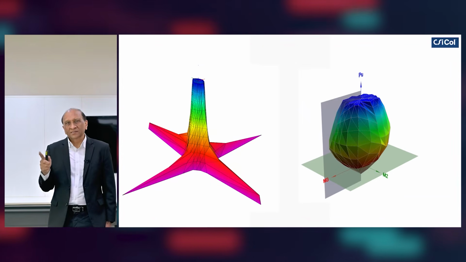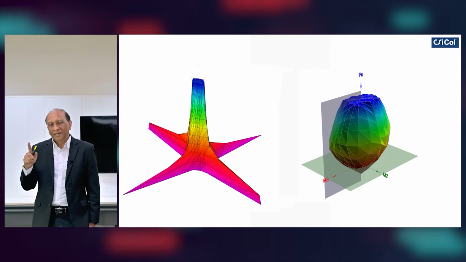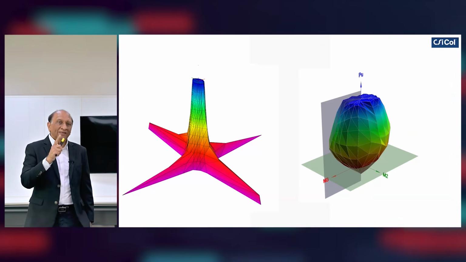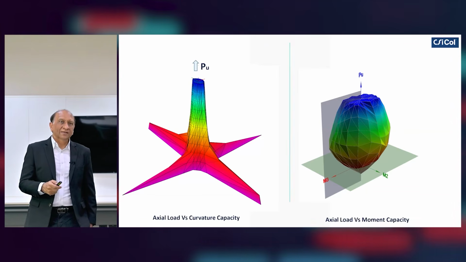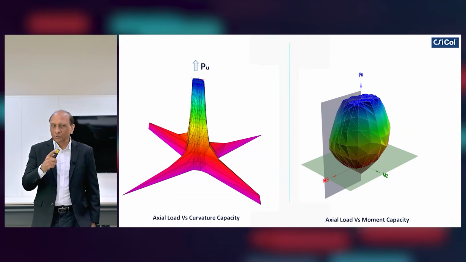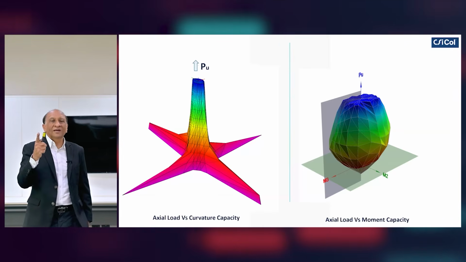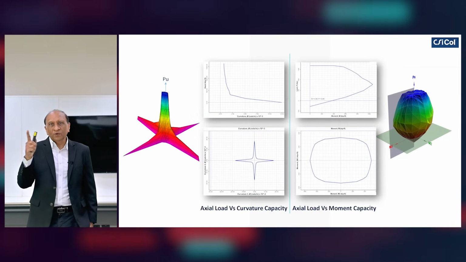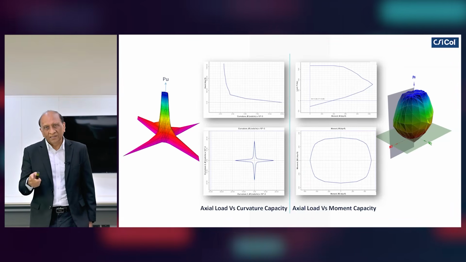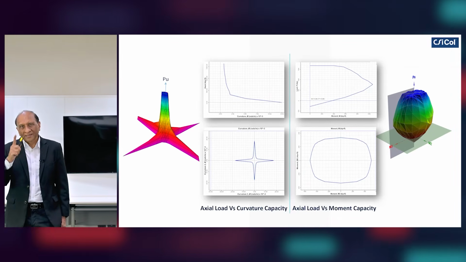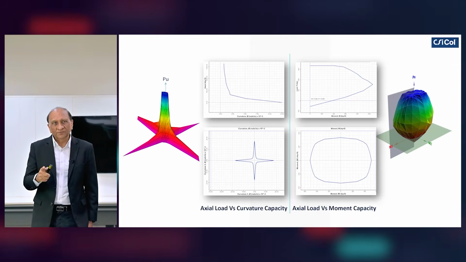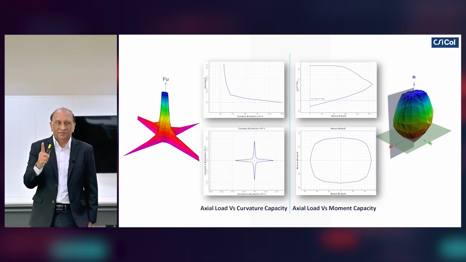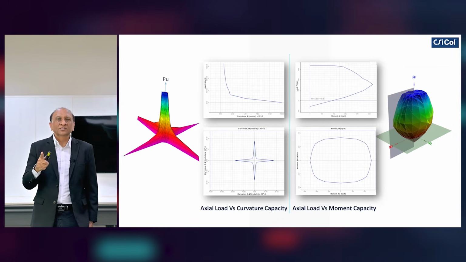The right-hand side is an interaction diagram between axial load and two moments. The left-hand side is a diagram showing interaction between axial load and the curvature in two directions. You can also see that the curvature heavily depends on the direction of bending. For the right-hand side, you can cut the diagram to get PM and MM curves. The left-hand diagram can also be cut to get the axial load versus curvature relationship for different